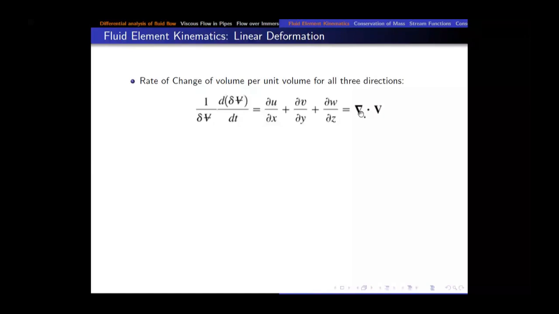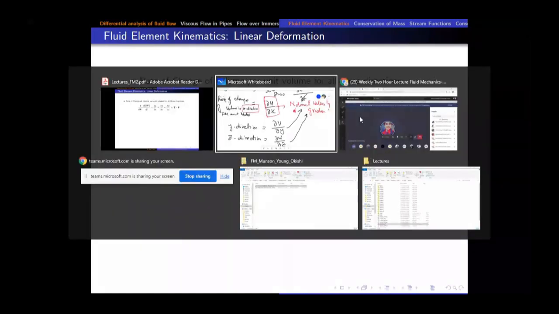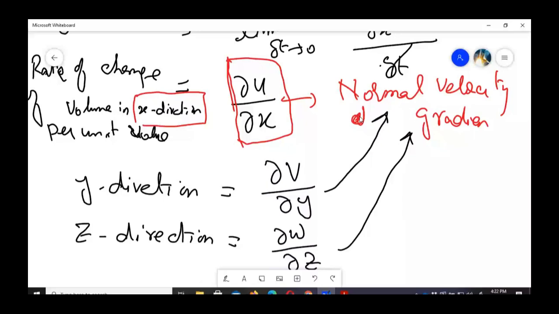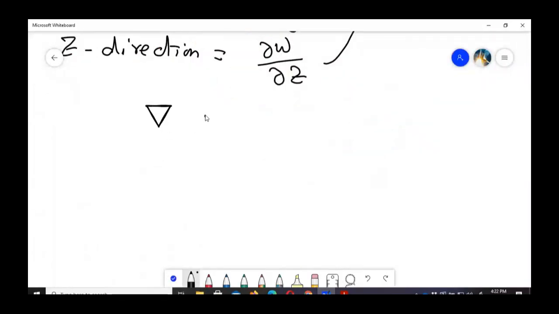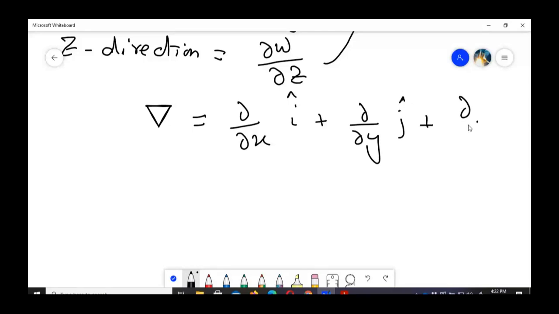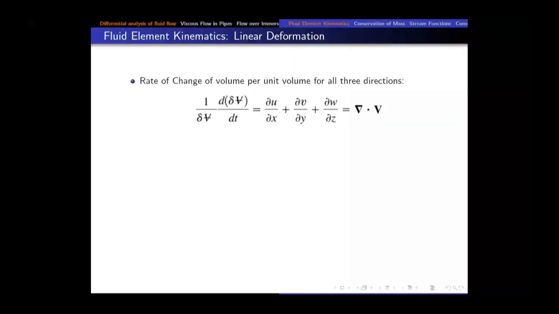सर, डायरेक्शंस भी लगेंगी ना इसमें i, j, k? बिल्कुल। डेल फंक्शन, अगर आपको याद हो, आपने FM1 में पढ़ा होगा, डेल किसके इक्वल था? डेल इक्वल टू पार्शियल बाय पार्शियल x इंटू i प्लस पार्शियल बाय पार्शियल y इंटू j प्लस पार्शियल बाय पार्शियल z इंटू k। उसके बाद आप v को मल्टीप्लाई करेंगे तो v के अंदर u, v, w आ जाएगा, और i, j, k बन जाएगा, तो आपको पता ही है जब आप डॉट प्रोडक्ट करते हैं, तो उसको आप डेल डॉट v लिख सकते हैं। रेट ऑफ चेंज ऑफ वॉल्यूम।